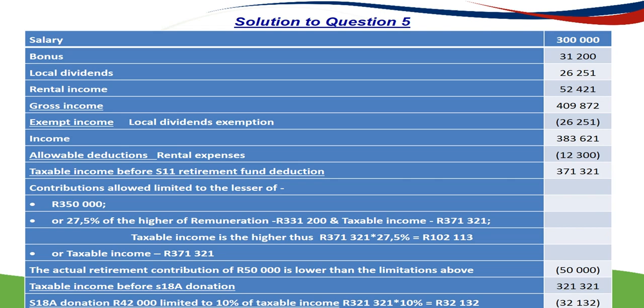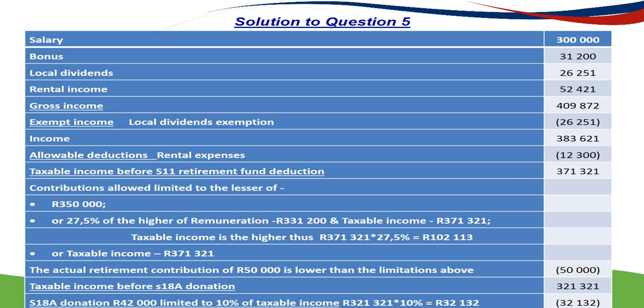Because the actual retirement fund contribution was 50,000, it is lower than any of the limitations we've just calculated above, and hence it will be limited to the actual contribution made of 50,000. After we've deducted this 50,000 from that taxable income calculated above, you get the answer of 321,321 rands. The actual donation made was 42,000, but it's now limited as a deduction to 10% of the taxable